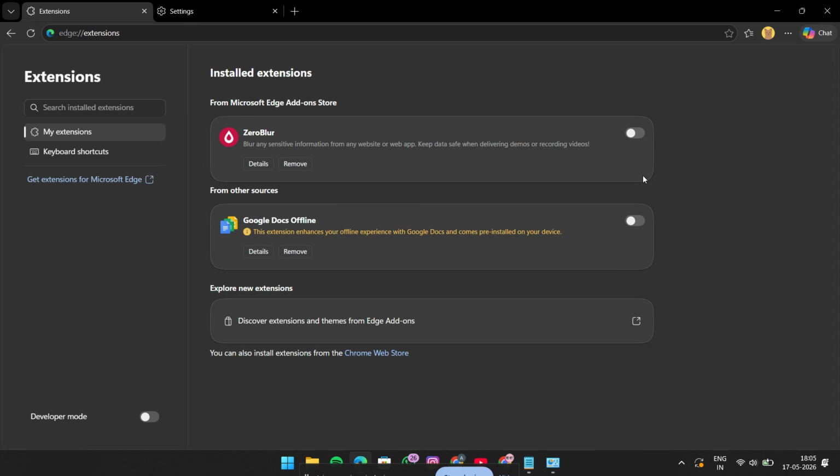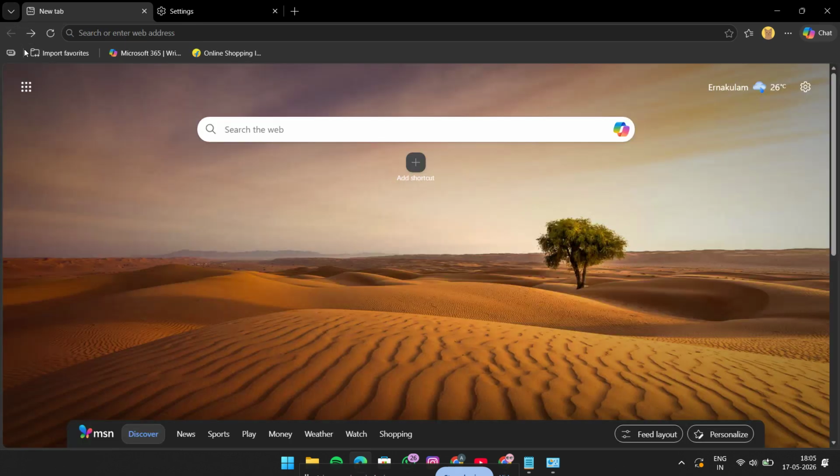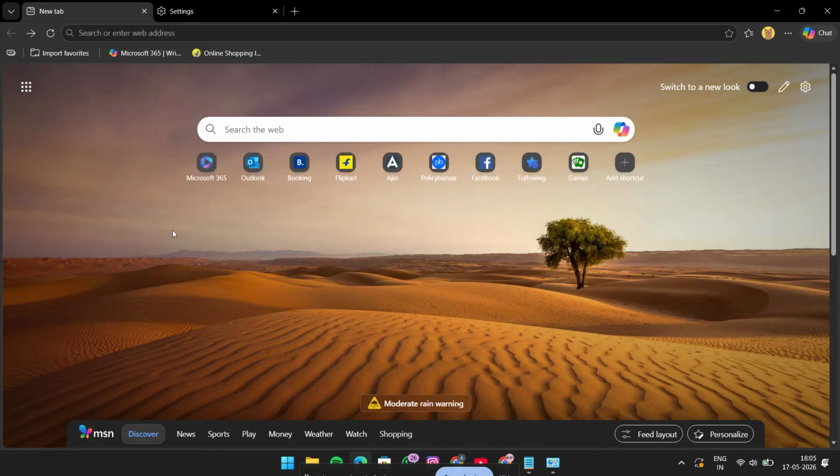After that, restart Microsoft Edge and test it again. If the error disappears, that means one of the extensions was causing the issue. In that case, you can turn them back on one at a time to find the exact one that is creating the problem. The third thing you should do is check for updates and make sure Microsoft Edge is fully